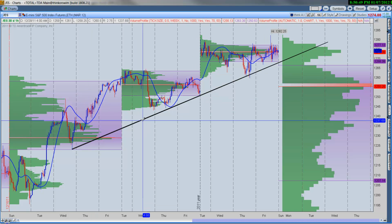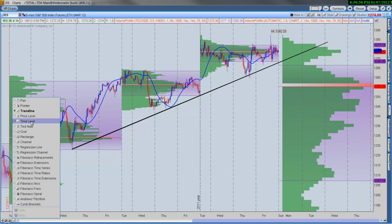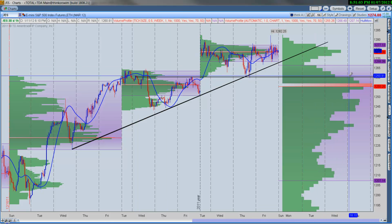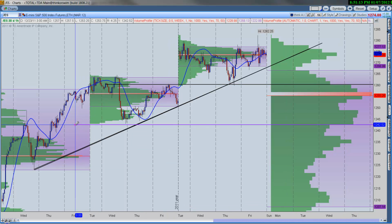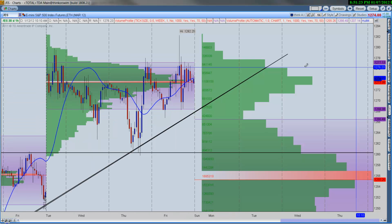pullback. So, first of all, looking at this 30-day chart of the S&P with the weekly composites and the 30-day composite, what I'm looking at, as far as holding important levels, is this 1260 level or so, where you can see the significant high volume over the last 30 days, from 1260 down to around 1242 with an emphasis on the upper end of the range. Well, we held that all last week, which is positive, and we actually finished the week on a strong